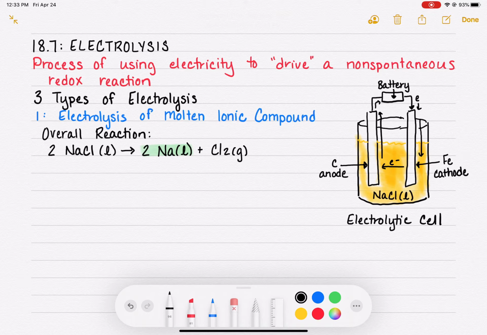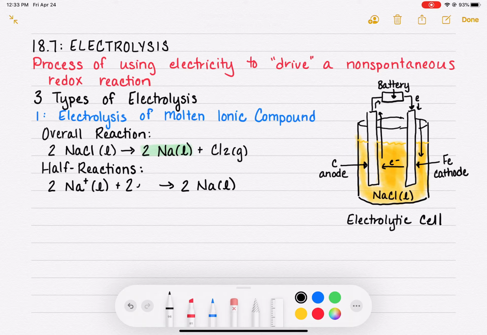So here are the half reactions that are taking place. In that NaCl, even though it's not aqueous, it does still contain ions. So we have liquefied sodium ions, and the liquefied sodium ions are being converted into liquefied sodium metal. And let's think about how the electrons would fit into this redox reaction. It looks like we would need to have 2 electrons reacting with the 2 sodium ions to get the liquid